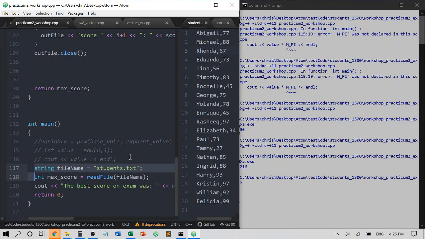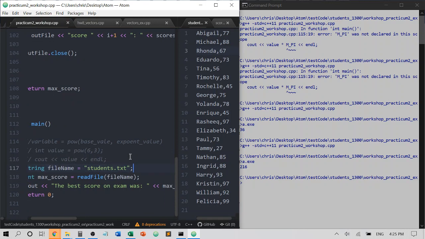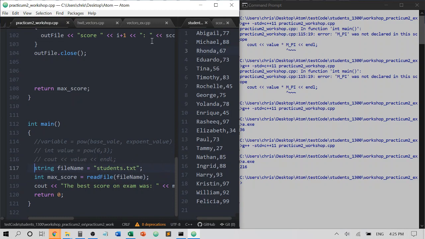couple of things declared. I've got this file name, which is going to be equal to the students.txt file here that I have, and it's going to be saved in the same location in my subdirectory folders, so that this CPP file can access students.txt. Otherwise, I would have to specify the file directory here to get to that file, as well as the name